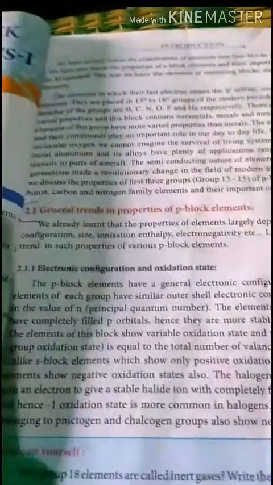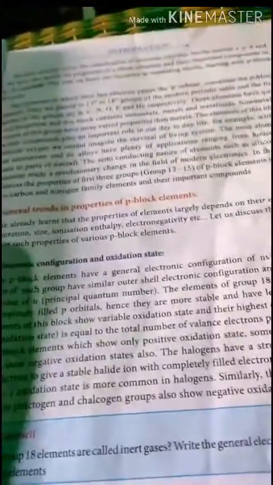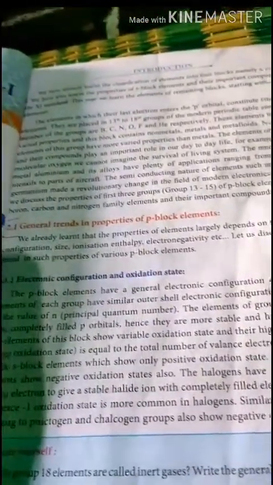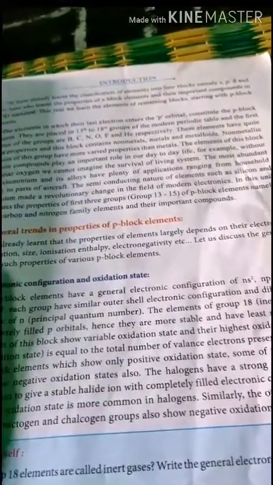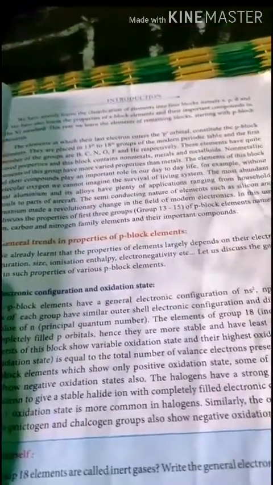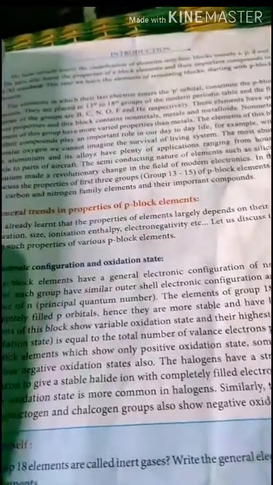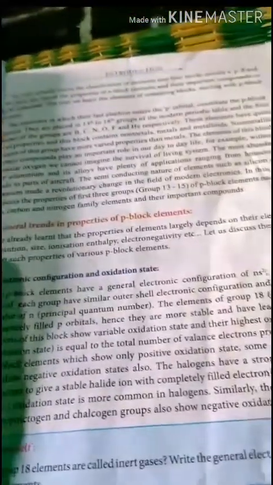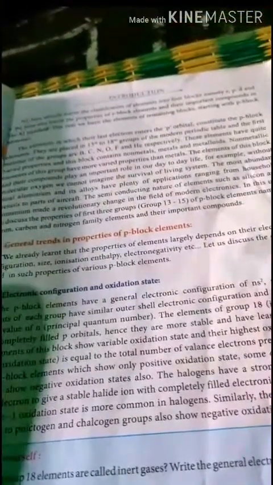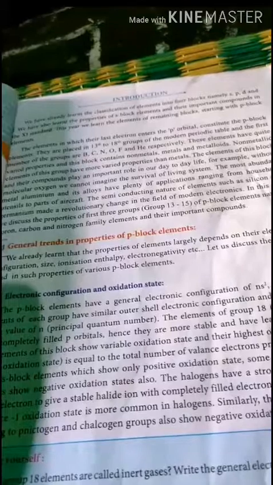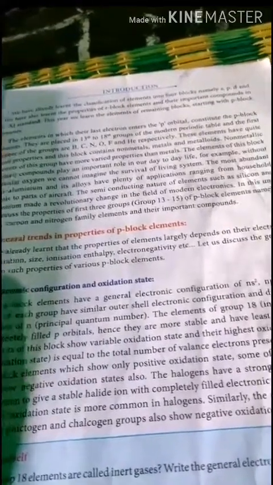The basic reactivity of any element mainly depends upon the valence electrons present in the outermost shell. For example, alkali metals are highly reactive because they have one valence electron, which is easily removable, so they can react with any oxidizing reagent. Similarly, inert gases are completely unreactive because the outer valence shell is completely filled, so it is very difficult to remove or add an electron to that valence shell.